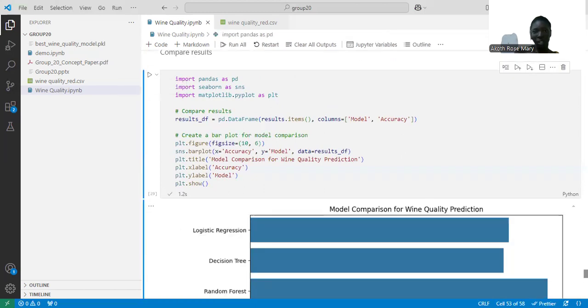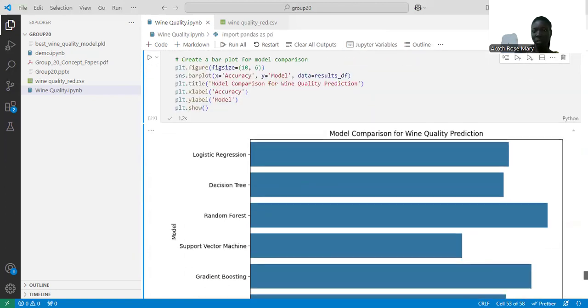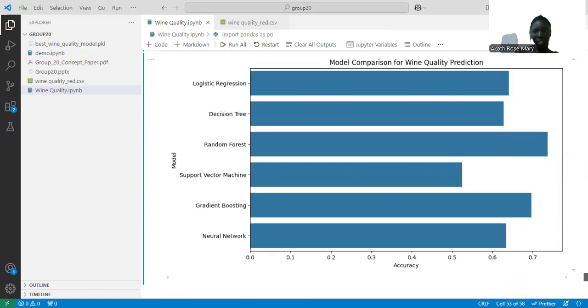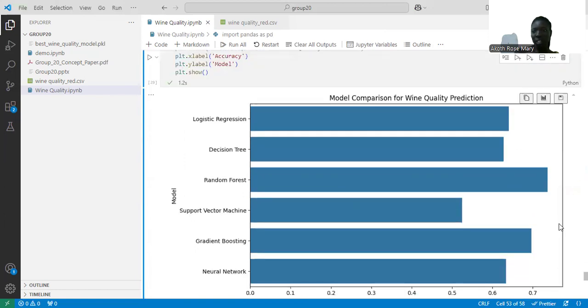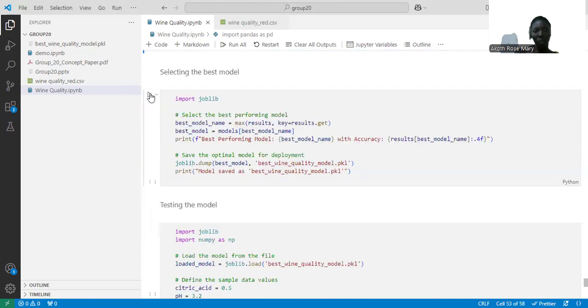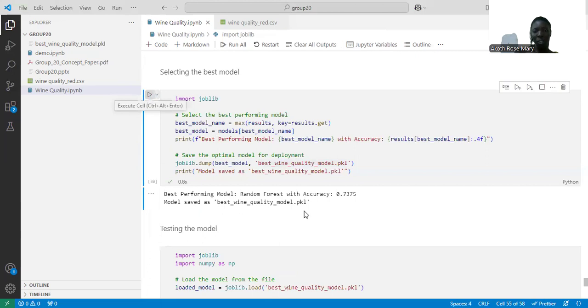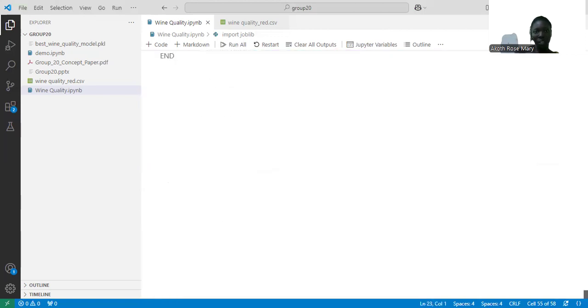Then after comparing the results, as you can see, this is our comparison prediction model. So we see that the random forest has the highest accuracy of 0.7, and the one with the lowest accuracy, 0.5. You also see that the decision tree and neural network tend to have the same accuracy. So from that point, we selected our best model, which is the random forest with an accuracy of 0.7375 because we specified it to 4 decimal places. So after selecting our best model and